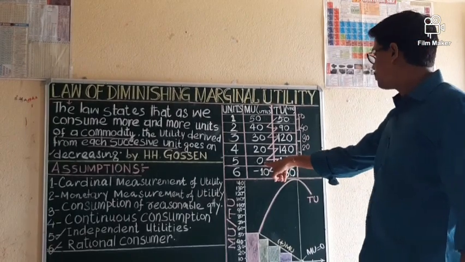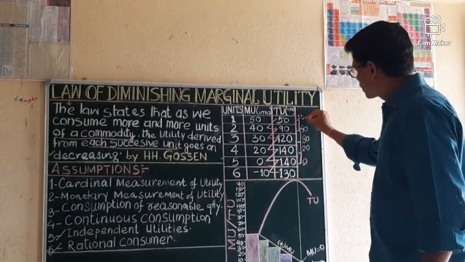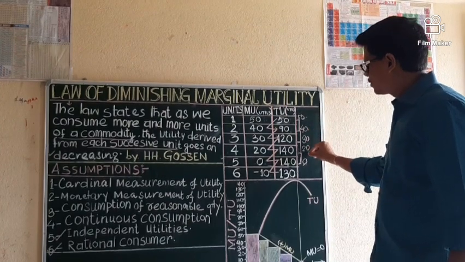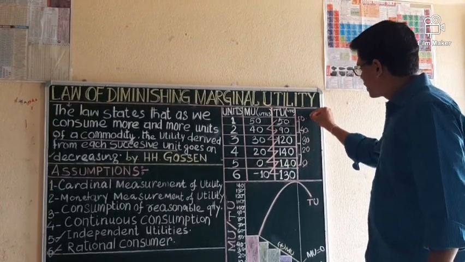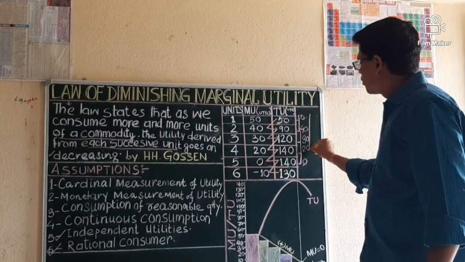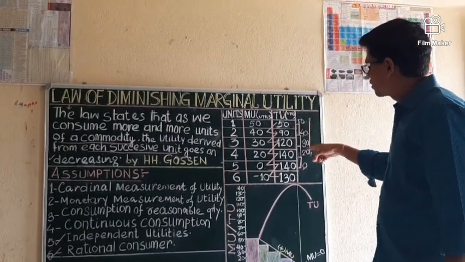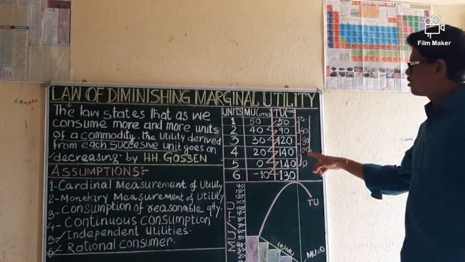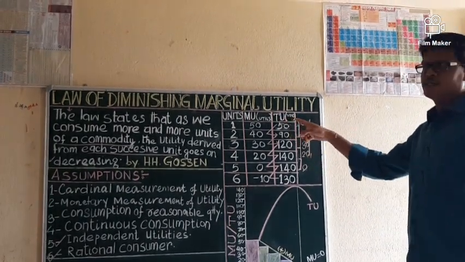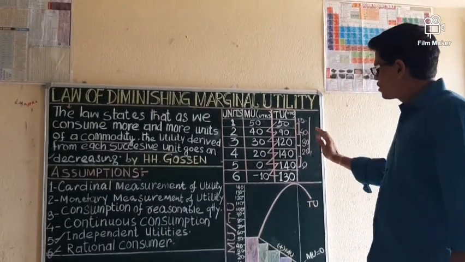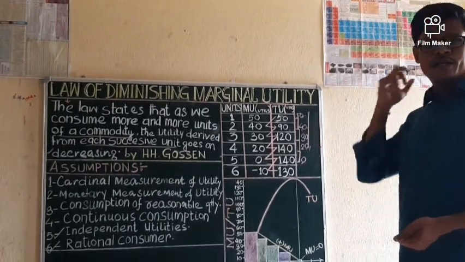0. So looking at this 50, 40, 30, 20 and 0, our total utility is increasing till here. But the rate of increase is gradually falling and falling. That is the reason we are saying the total utility is increasing at a diminishing rate. Now this concept we can show in our